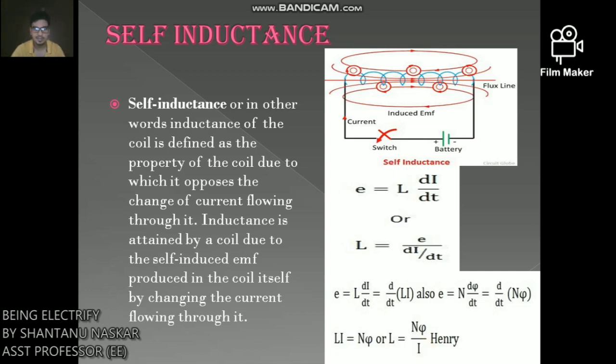From the above discussion, the following points can be drawn about self-inductance. The value of inductance will be high if the magnetic flux is stronger for the given value of current. The value of inductance also depends upon the material of the core and the number of turns in the coil or solenoid. The higher the value of the inductance in Henry, the lower the rate of change of current will be. 1 Henry is also equal to 1 Weber per ampere. So this is self-inductance.